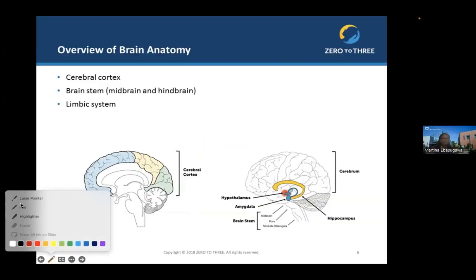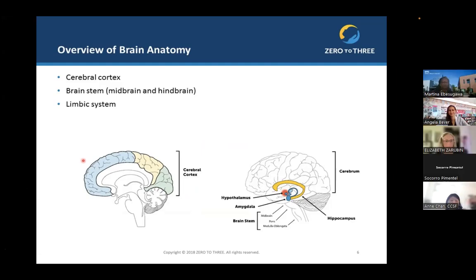I'm just going to use my laser to help us with pointing today. One of the things with the brainstem is that it includes the midbrain and the hindbrain, so it has two portions of the brain. And some of the things that we covered in other lectures on the brain was that the brain develops from bottom to top. So it develops with the brainstem area, and it goes all the way up to the top, with the frontal cortex being the last part of the brain to develop. And so let's keep going.